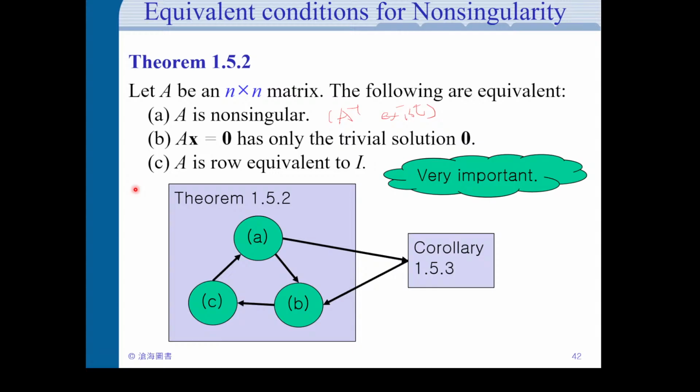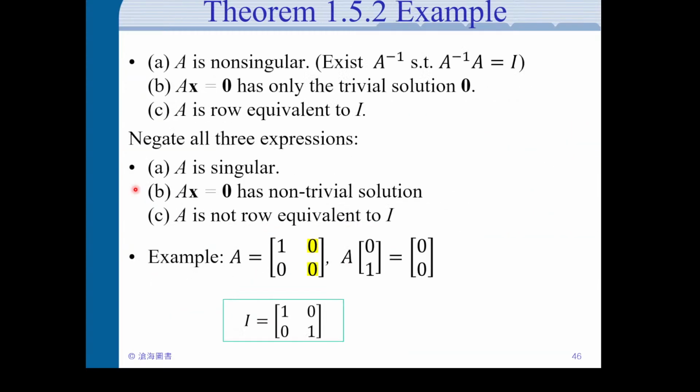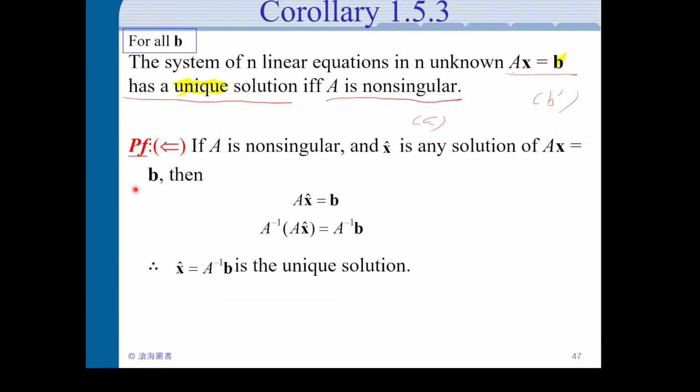This is the most complicated theorem proof in this chapter, and for now it's kind of a theorem out of nowhere, but later on we'll see that this theorem has more meaning on linear systems and linear spaces. Okay? It talks a lot about being non-singular. Okay, and last, theorem 1.5.2, and